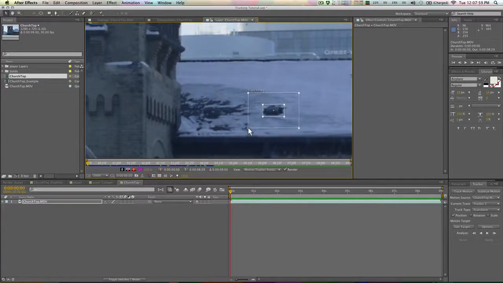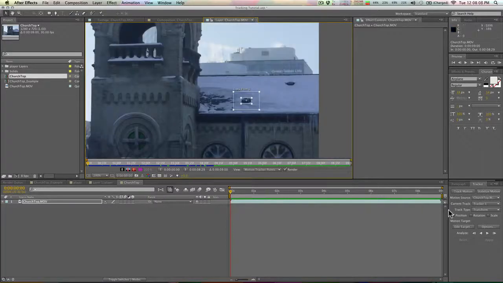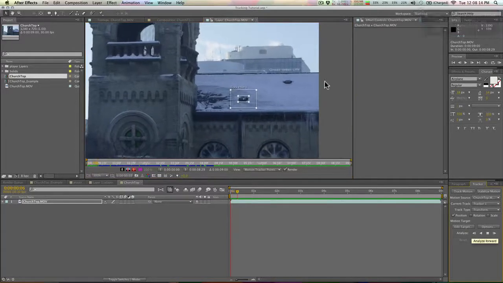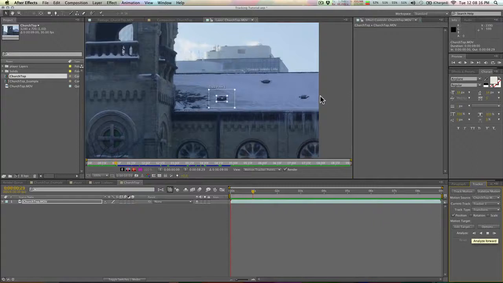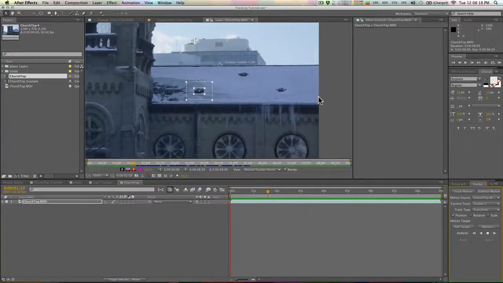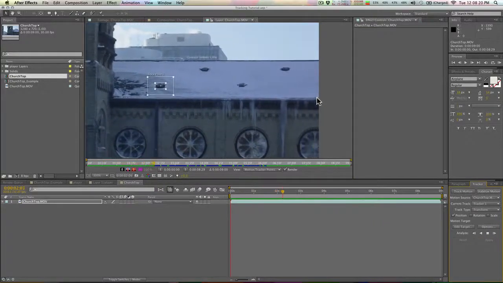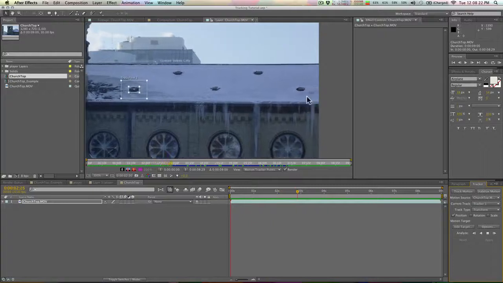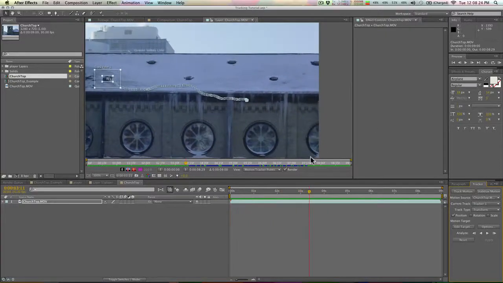So if it's too small, your track will usually go awry, and if it's too big, your track will take too long, or it just will screw up completely. So this is probably a good size here. So I'm just going to take this, and I'm going to hit the Track Forward button. And it is going to track, and it is taking a little bit. And it's going to go, and I'm just going to hit stop here as it gets close to the edge